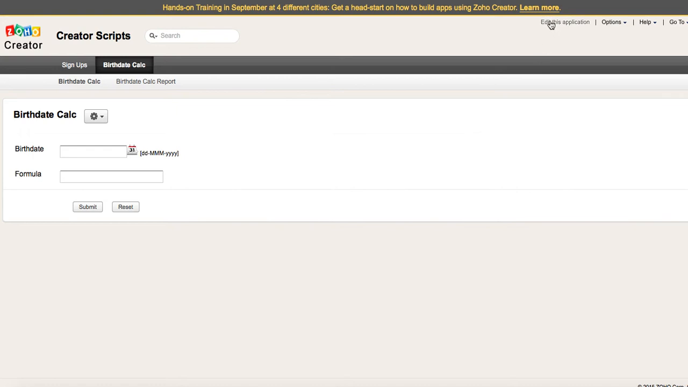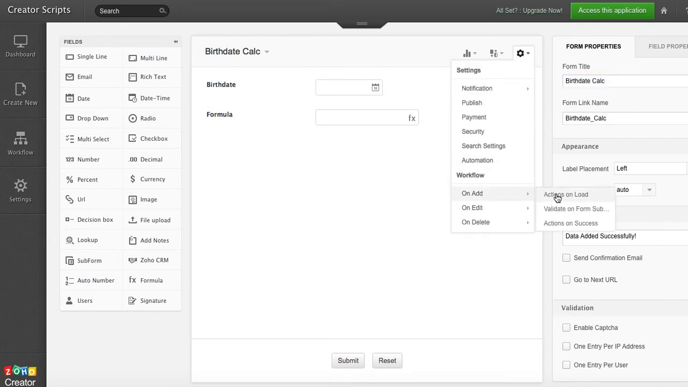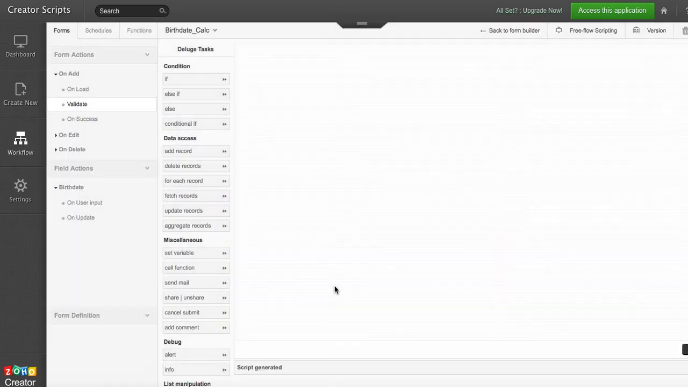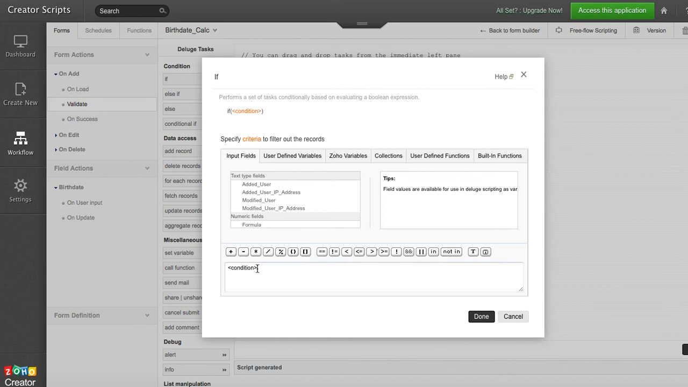You go to edit the application. You are going to validate all the records on add, on validate, so it's before success. You want to validate some information, and the criteria here is very simple. We already have an if condition in place to use. So if we select the input field birth date,